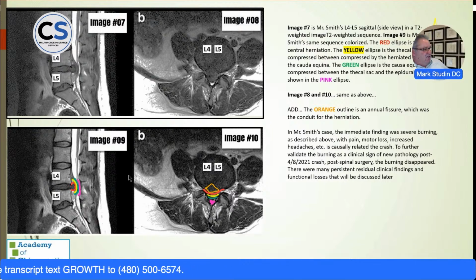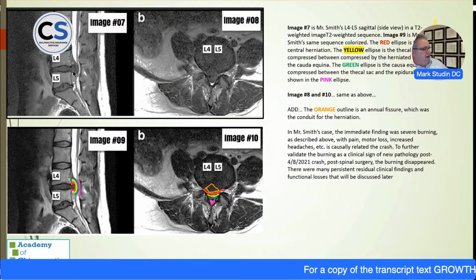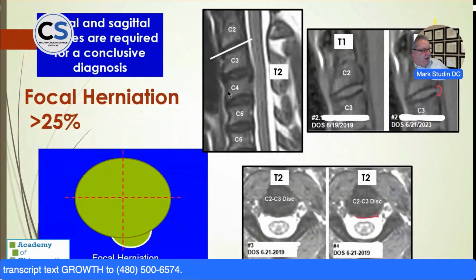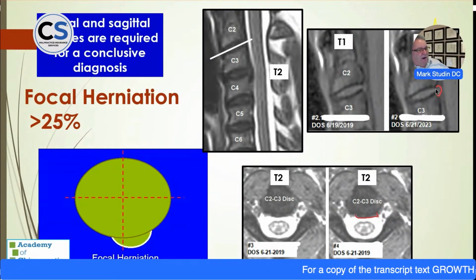So we're getting to see these from two different views. And this is how I report things so people can understand. It's really important to understand: if you look at the lesion and look at the opposing view here, it really gets quite in depth. So there's a lot going on. When we look at a focal herniation, I know I just got a little esoteric with you, but I want you to see it.